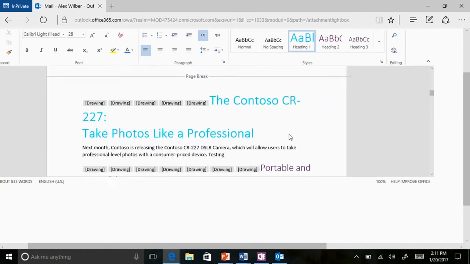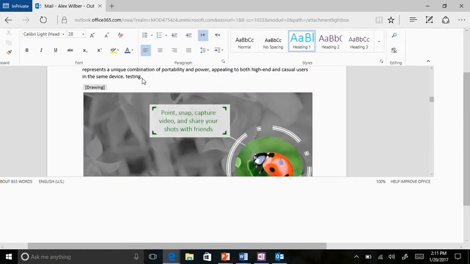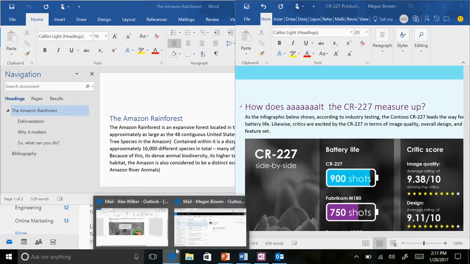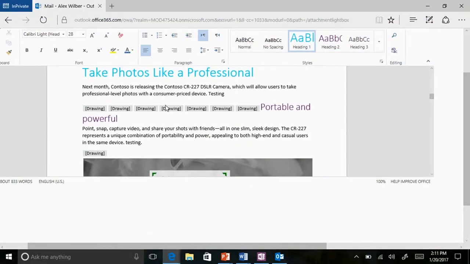Sorry, this is when demos go wrong, but the co-authoring is having a little bit of an issue right now. But you saw kind of what was happening there, so we can edit it from Megan's side, but when we try to make edits, you see this notification down here on the left-hand side. So I'm going to go ahead and be able to type now, and we add some A's here, and we switch back to Alex's document over here.